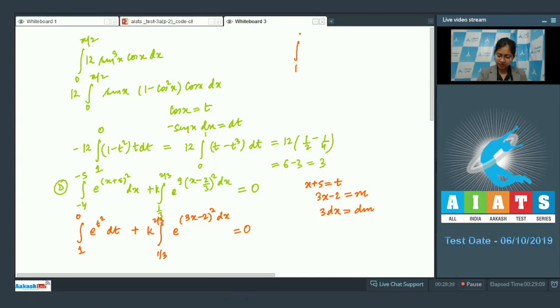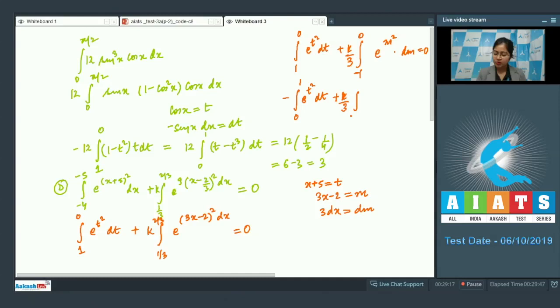So it is integral from 1 to 0 e raised to the power t square dt plus k times integral, when x is 1 by 3, then m is minus 1, and when x is 2 by 3, then it is 0. So we have e raised to the power m square into dx, that is dm divided by 3, equal to 0. So here we can see that minus of 0 to 1 e raised to the power t square into dt